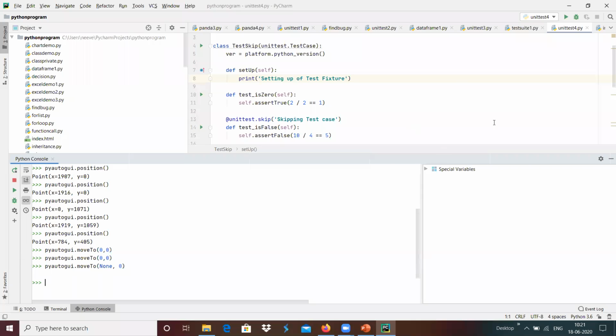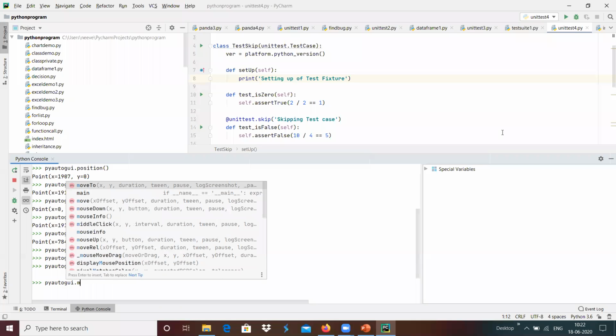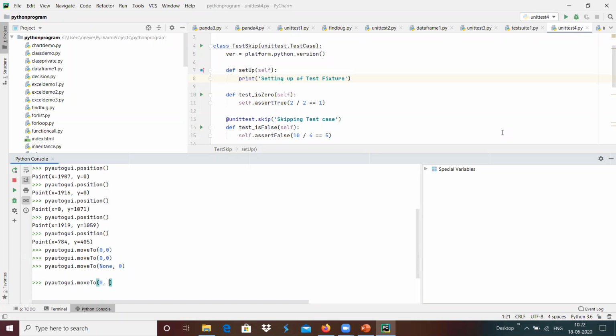For example, I am going to have the mouse over here. I want to bring that to the leftmost direction, and pyautogui.moveTo with 0, None over here. Now there will not be any movement in the y direction, only a change in the x direction. I'm going to execute. Now it came to 0 in the x direction, and the y direction did not change, it was kept at the same point.